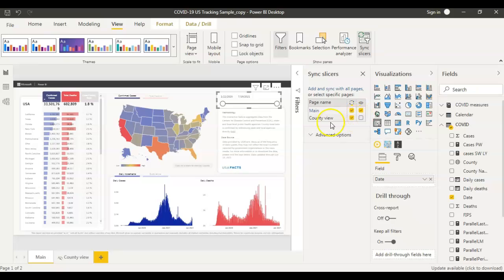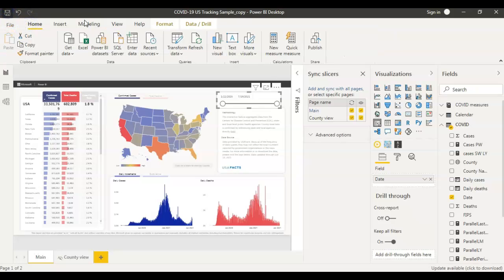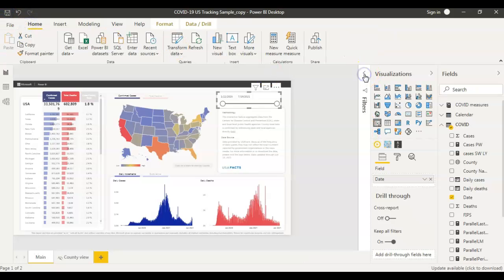And if you don't want the slicer to be seen in the county view, you can leave the one which has an eye symbol, this checkbox, blank. You don't have to select this. If you want to see the slicer in this page as well, you can select this one. And that's all. You just have to save the report and you're done.